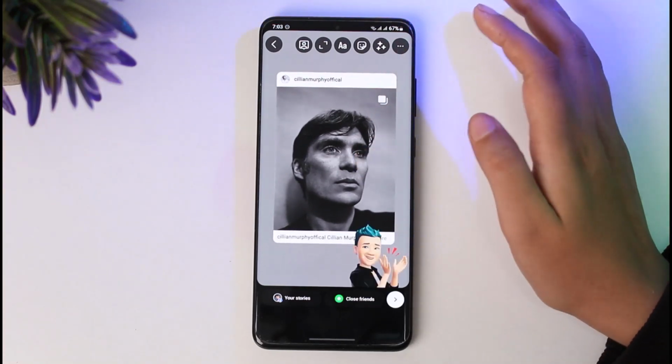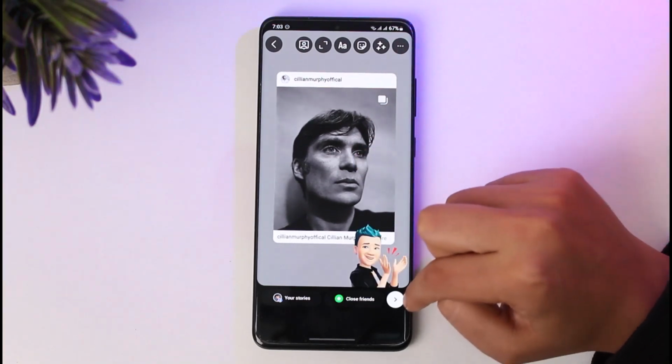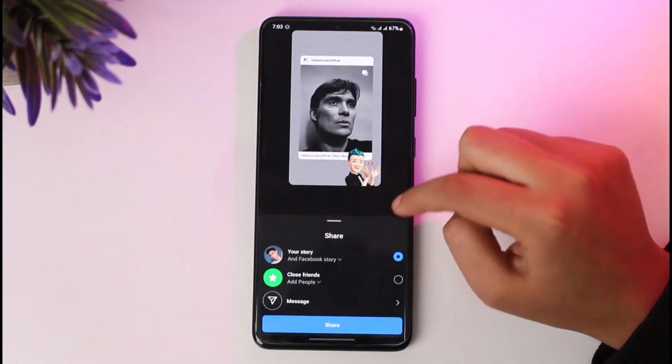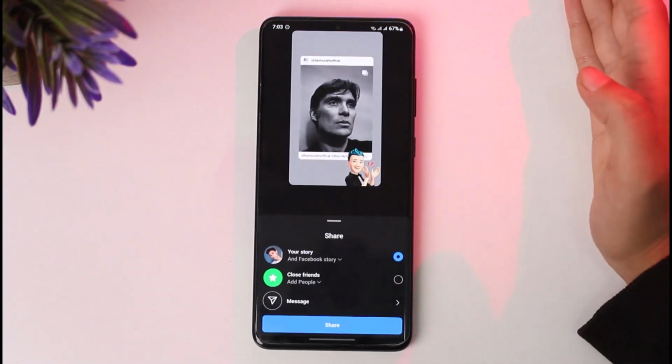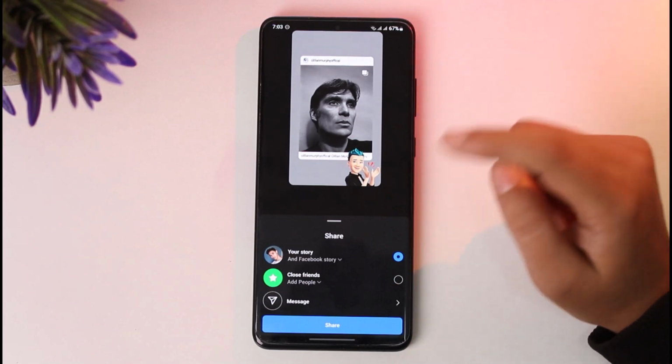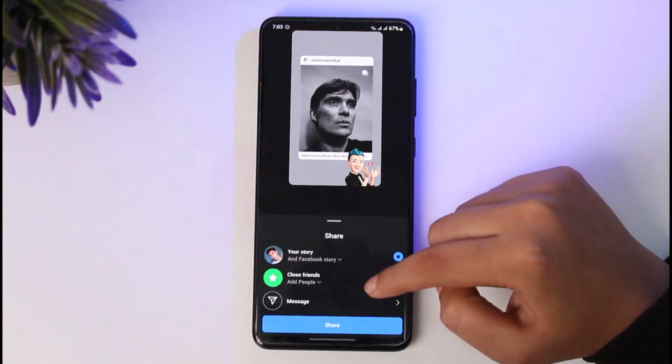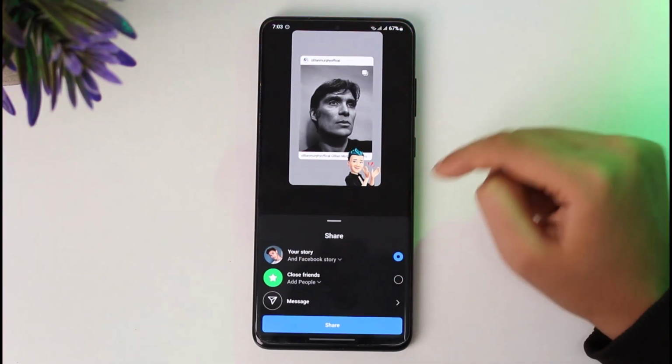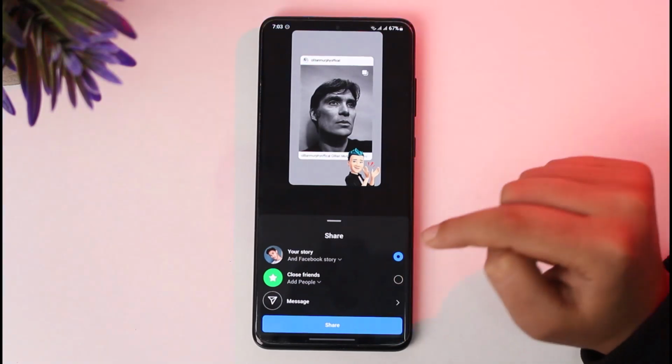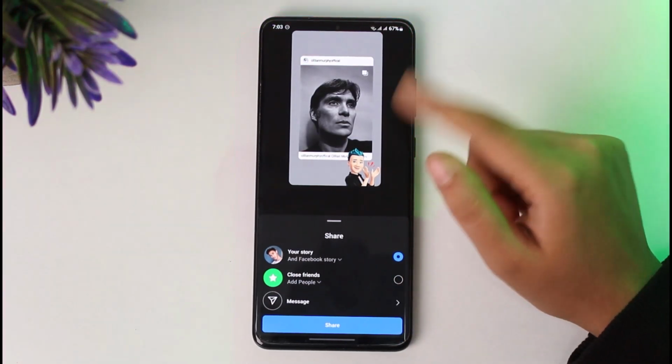Once you have done that, you can tap on this arrow, which will give you the option, if your account is connected with your Facebook, you will find this kind of option. Otherwise, if you would like to share it to close friends, you can choose that as well. Otherwise, you can tap on the share option, and then you will be able to share this post to your